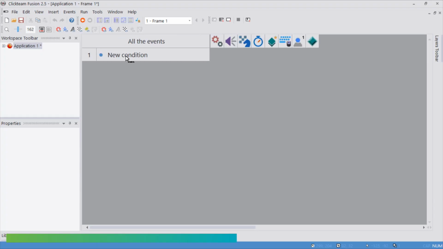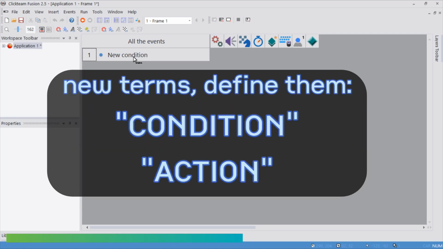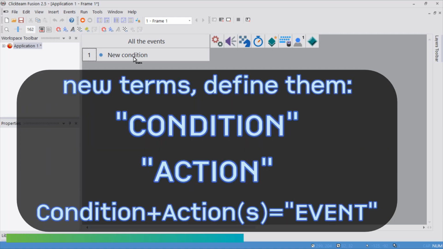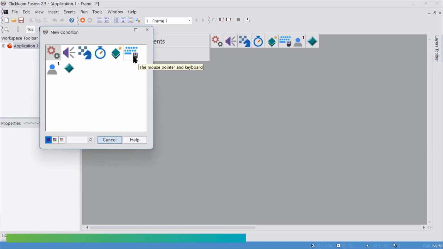When the leader has seen that they've gone to the event editor, you can describe how the event editor works. Clickteam Fusion uses a grid setup for its events. Every row checks for something and then does an action. Conditions and actions. Use the technical term. Preempt the issue, so click on new condition, say the words new condition, and get them to start to understand